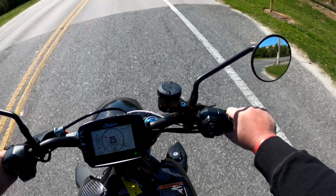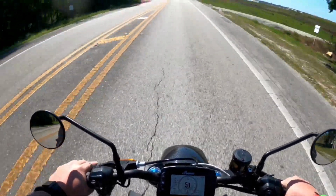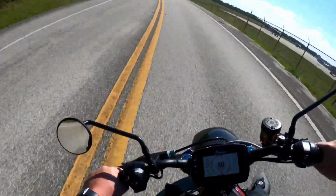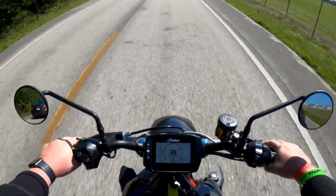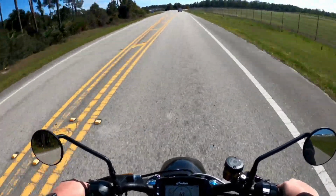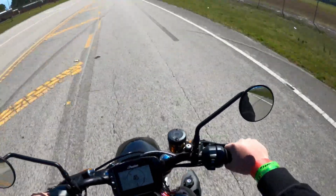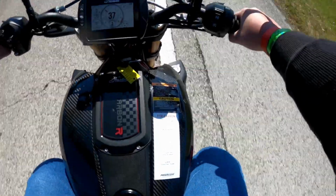Some other guys behind me, let's go. Around some corners, some twisties. Not really twisties. This is Florida twisties. They're not great. Yeah, she's quick. She's definitely quick. I need another sport bike, damn it. You don't get this kind of speed out of a big bagger. Let's see, MSRP